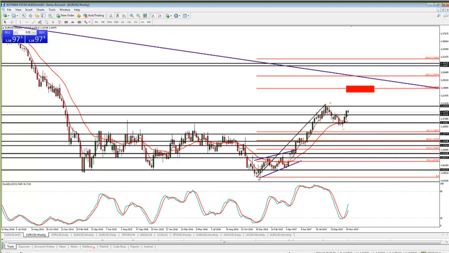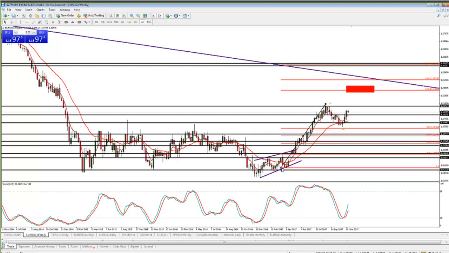114.27 is the 382. If we take it to the swing, then 15.13 is the 382, and the 50% is closer to 13.50, which also happens to be this cluster of highs here. Okay, so we know we have a little bit of fib resistance/support at 15.12, and then again at, we'll call it 14 for argument's sake, which also happens to be these highs.